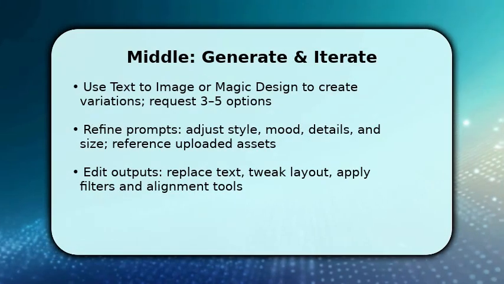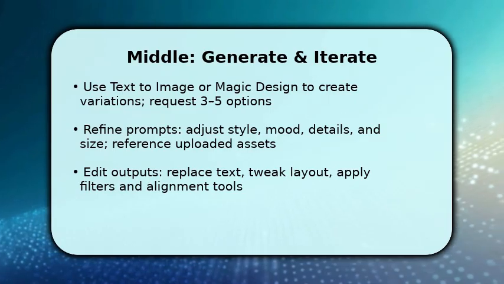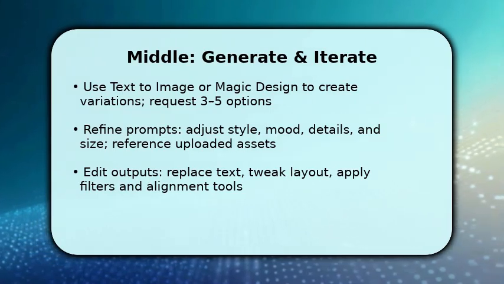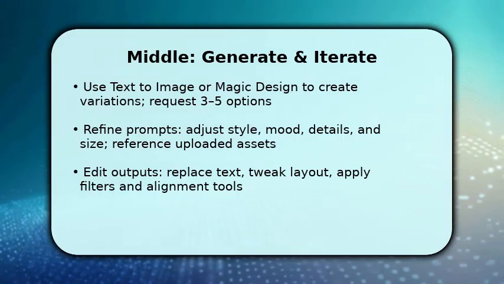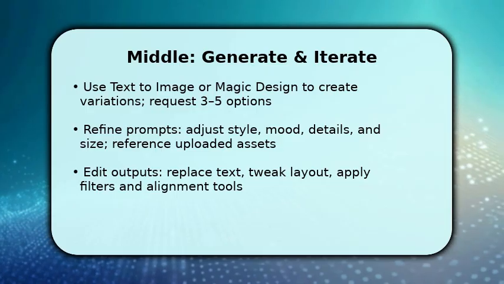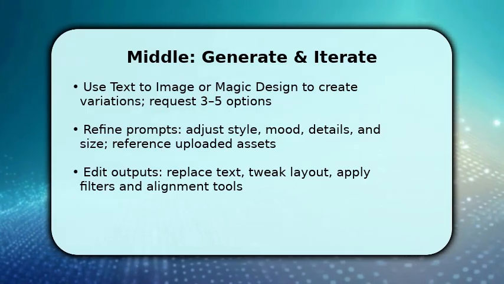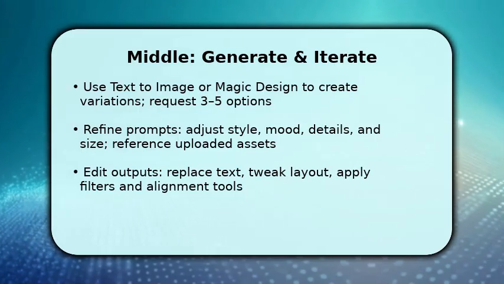Now generate multiple variations and evaluate composition and clarity. Choose the direction you like. You will iterate by refining prompts, tighten descriptors, swap adjectives, or ask for alternate cropping, because small prompt changes yield big visual differences. Make sure to use Canva's layer and alignment controls to fix spacing and legibility, and replace placeholder